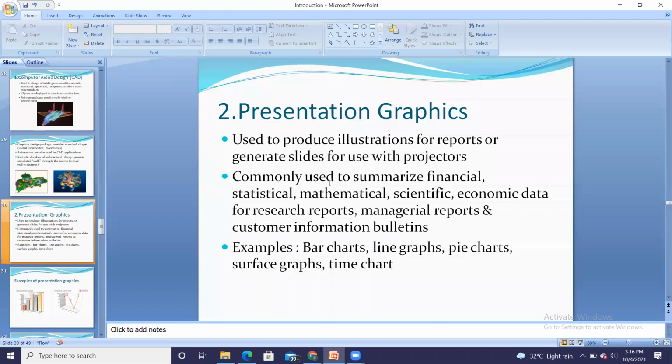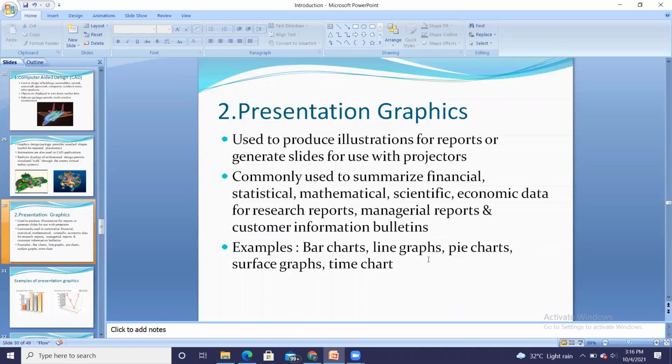Suppose I want to give a presentation of result analysis. I can prepare it with the help of graphics by using different charts like a bar chart or a three-dimensional chart, three-dimensional bars and so on, to represent the data more effectively.